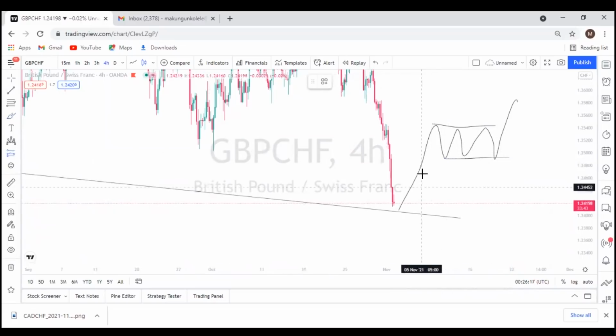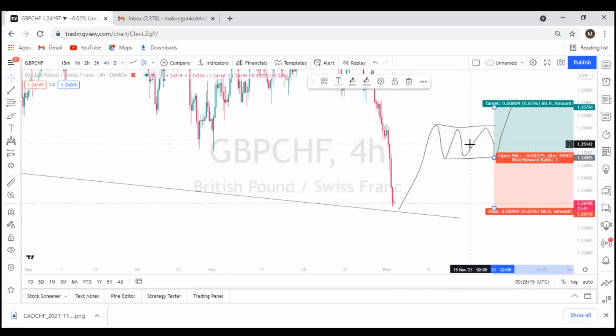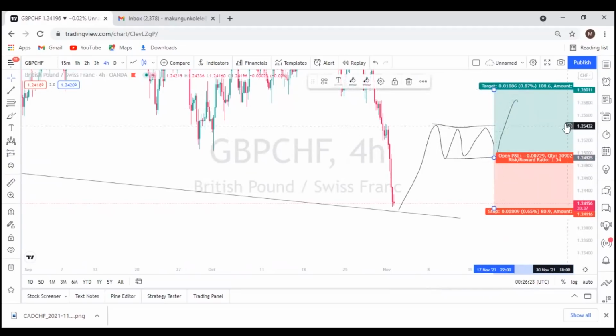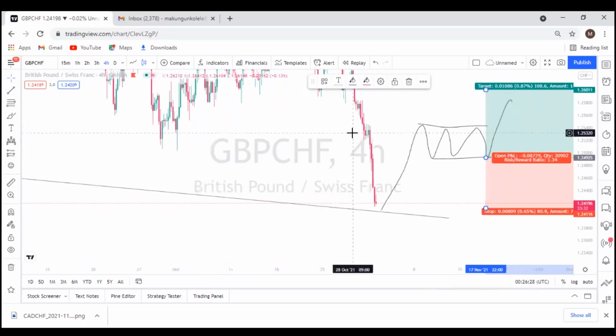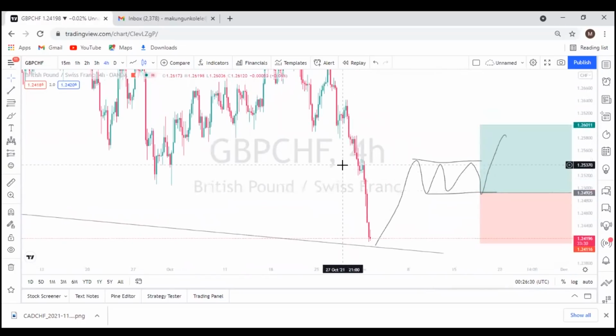Remember, right after the impulse, we need a correction for us to have our trade, right? So we are gonna be waiting a while with this pair, because this is the 4-hour time frame, right? And the rejection has to be so significant. It has to be